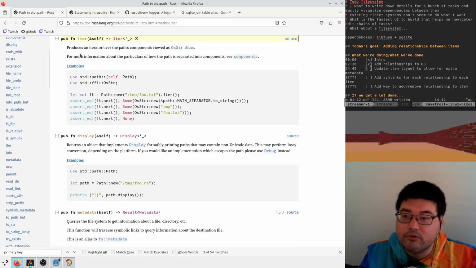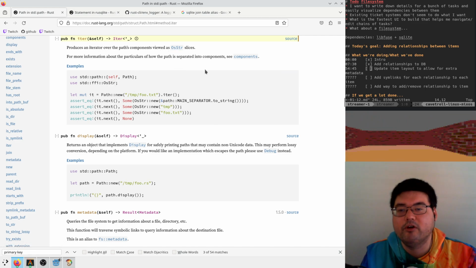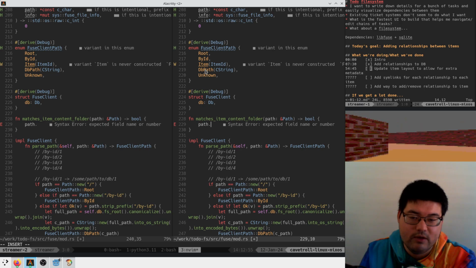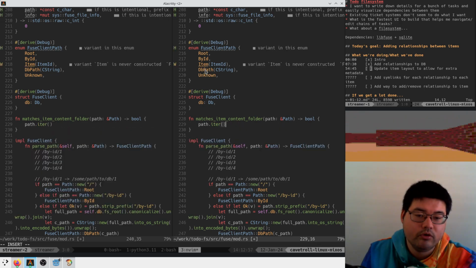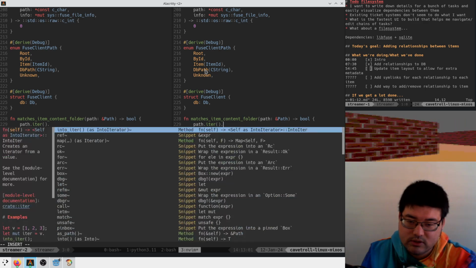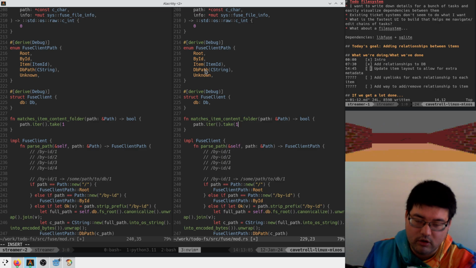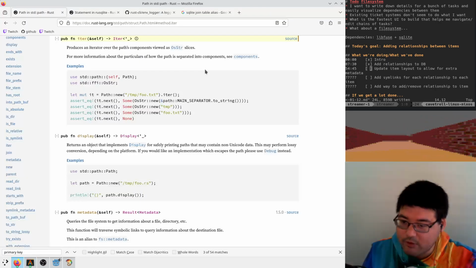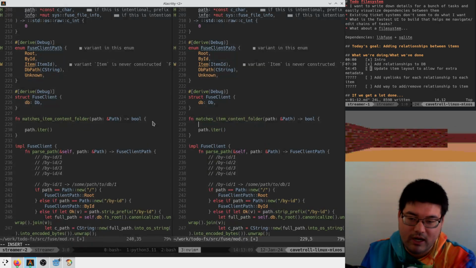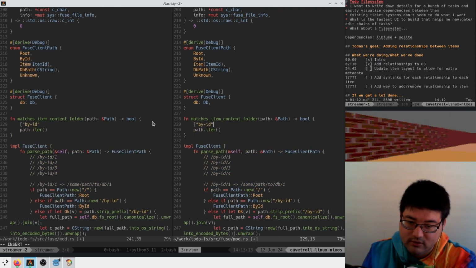Iter provides an iterator over the path's components viewed as OS string slices. So we get temp and food. Perfect, that's what I want. So we're going to iterate over the things. We want to take the first one. No, we want to... how do I skip one of the components? Because this is going to turn into by ID